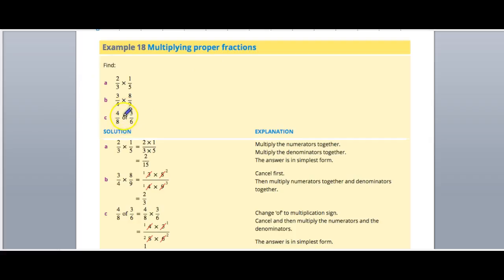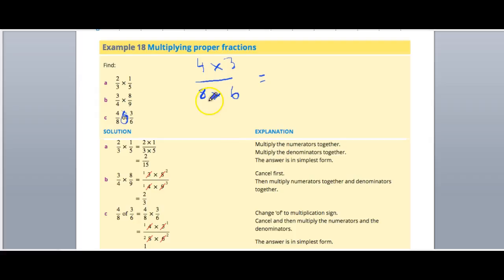Now 4, so we've got this "of" here. So "of" means the same as multiply. Okay, so we have 4 times 3 over 8 times 6. Now, just as I was writing that, I realized we didn't need to switch the fractions around because they're already in a nice way. So basically, 4 over 8,